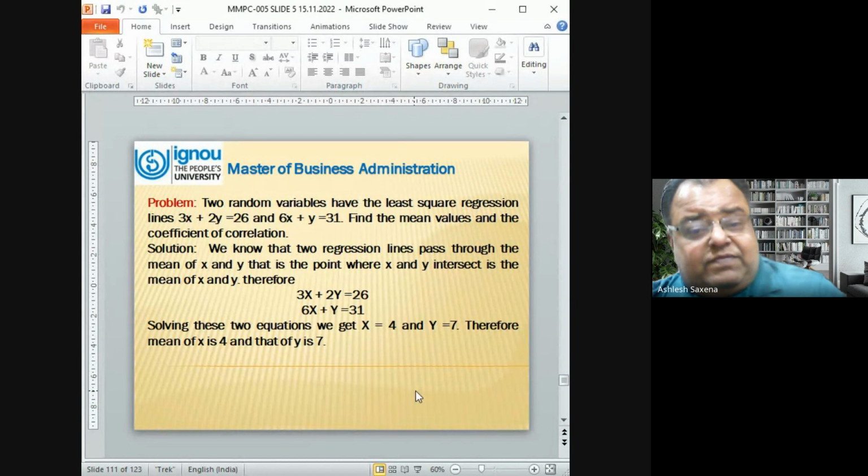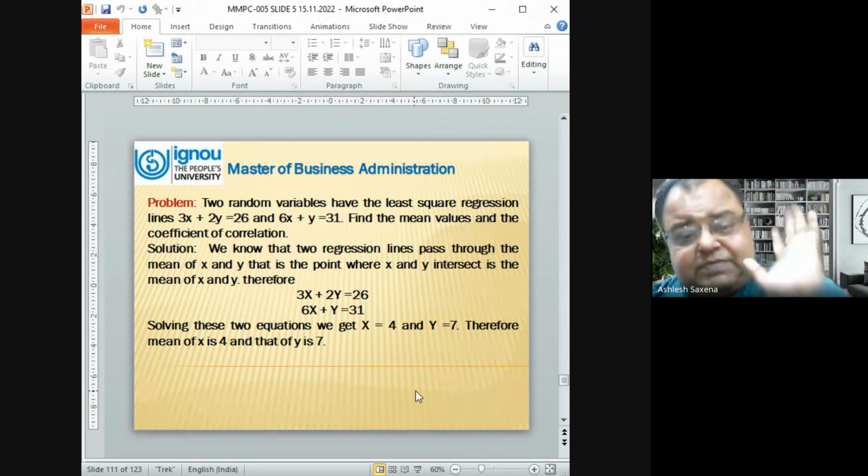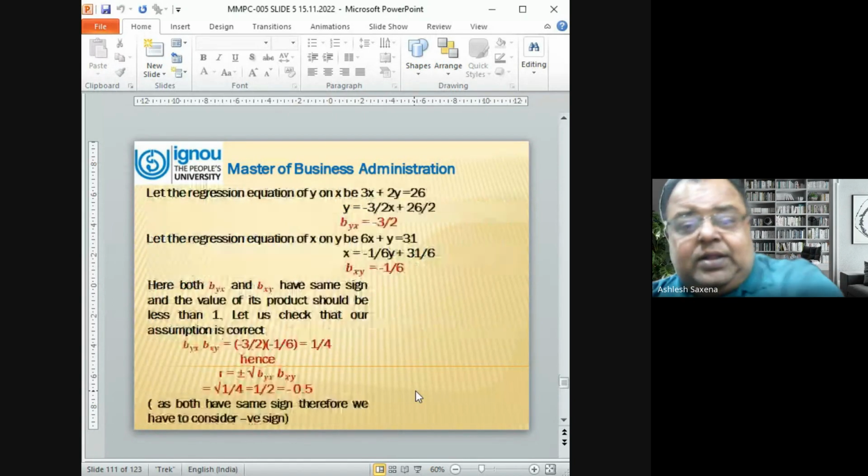First answer. Find out the value of x and y by solving it simultaneously. As soon as you get the value of x and y, that will be the mean. In this problem, x is equal to 4 and y is equal to 7. That means your mean of x is 4 and for y it is 7. First part has been concluded. For the second part,